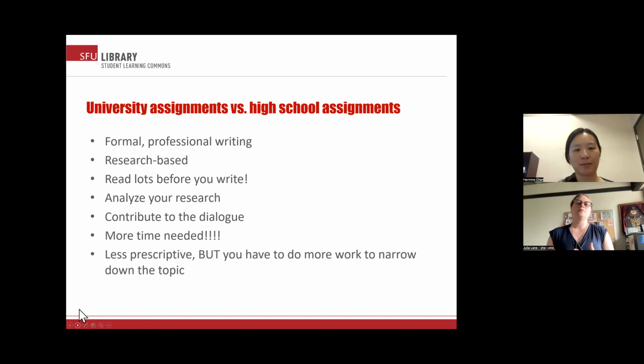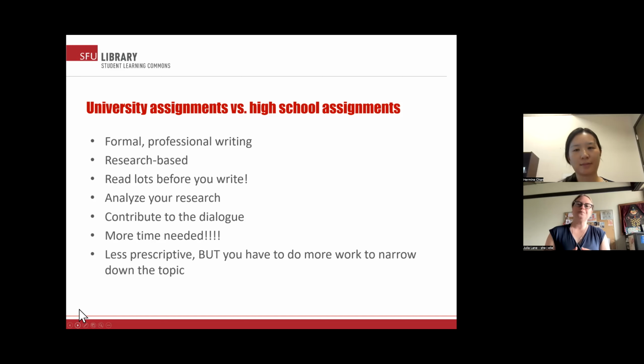So again, Hermine mentioned that university scholarly writing as a student is a particular kind of professional writing. It is formal. There's often very specific genre-based expectations. So depending on your discipline, they're going to tell you, this is how we lay out a paper in this discipline, or maybe they're not going to tell you, but maybe you're going to start to notice those things from the kinds of things that you're reading,